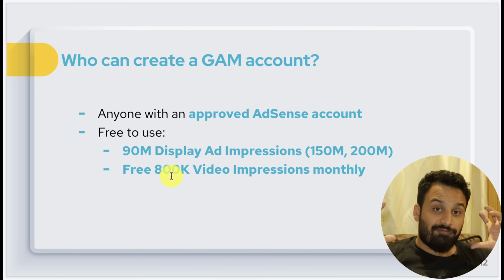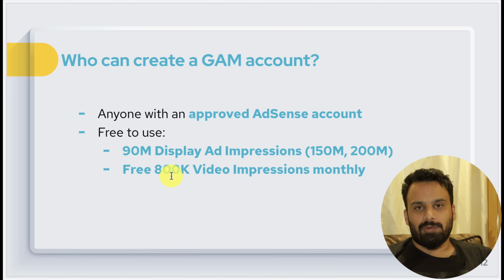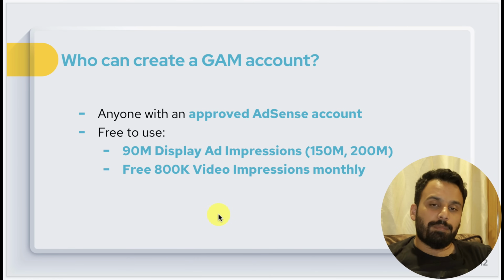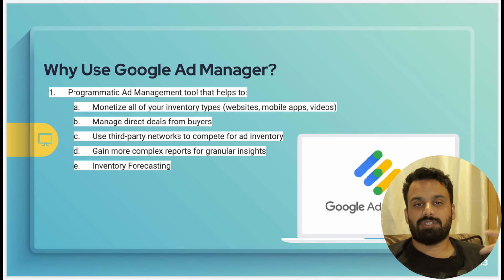Unless you are a very big publisher, you can still use the free account. And if you're serving video impressions through Google Ad Manager, 800,000 impressions are free, and after that it will be chargeable. Now, this is just to give you an idea. We will know about all of this in detail, but this is just to answer the basic questions which usually